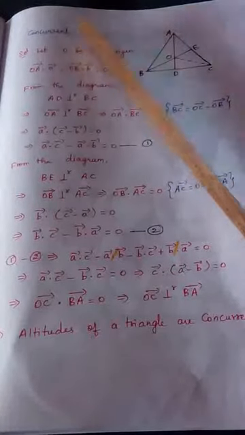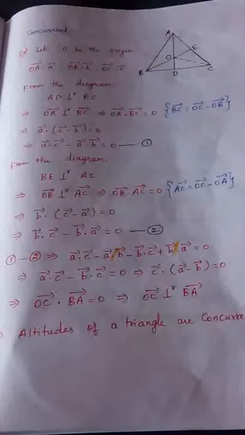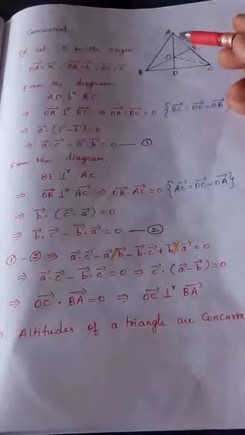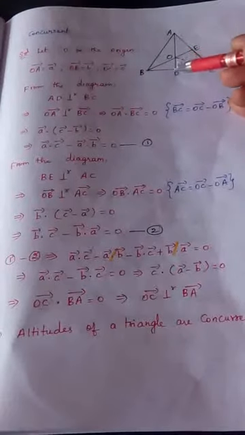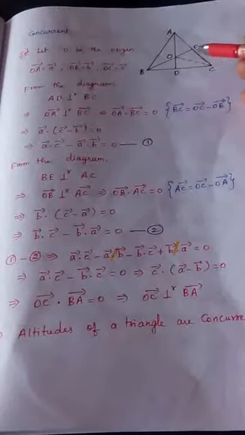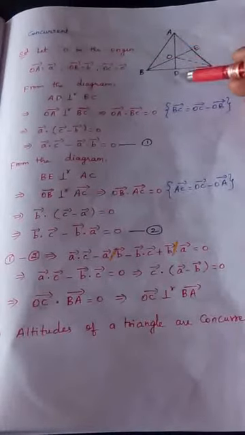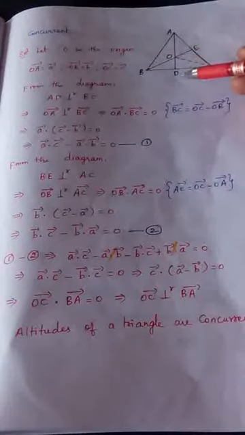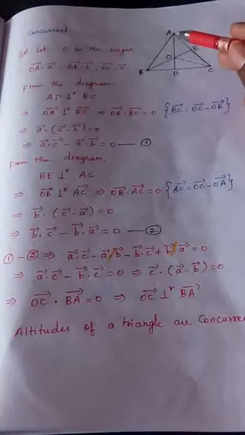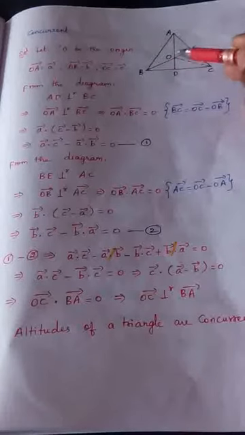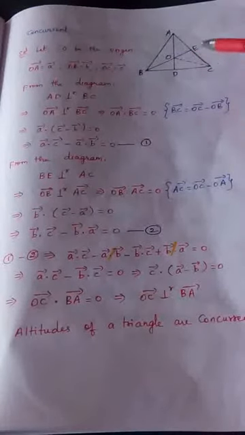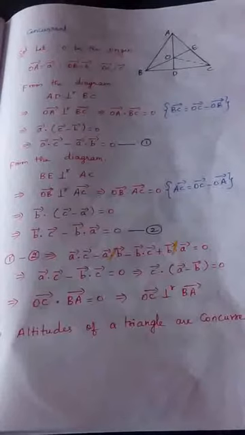Prove by vector method, and I am going to explain it by a diagram. Prove by vector method that the perpendiculars drawn from the vertex, so this is one perpendicular, this is another perpendicular, this is the third perpendicular. These perpendiculars otherwise can be called as altitudes, heights. So in a triangle, if we draw three altitudes, they are concurrent. We need to prove that. Concurrent means all those three pass through the same point.